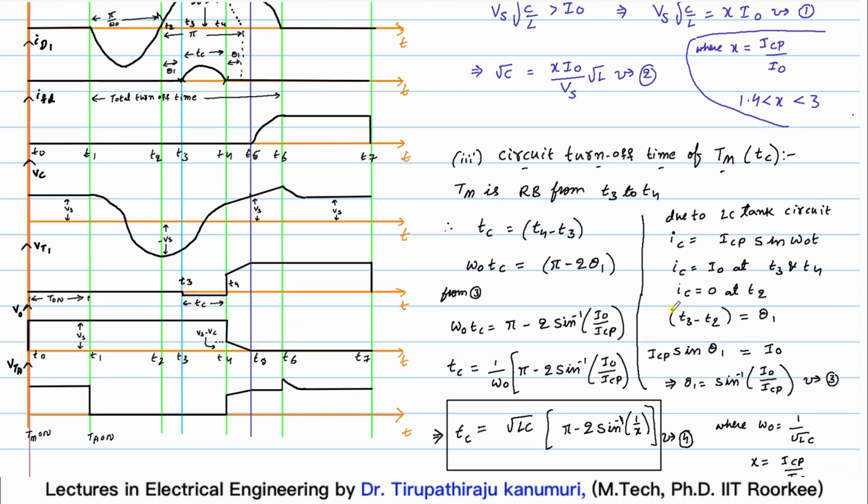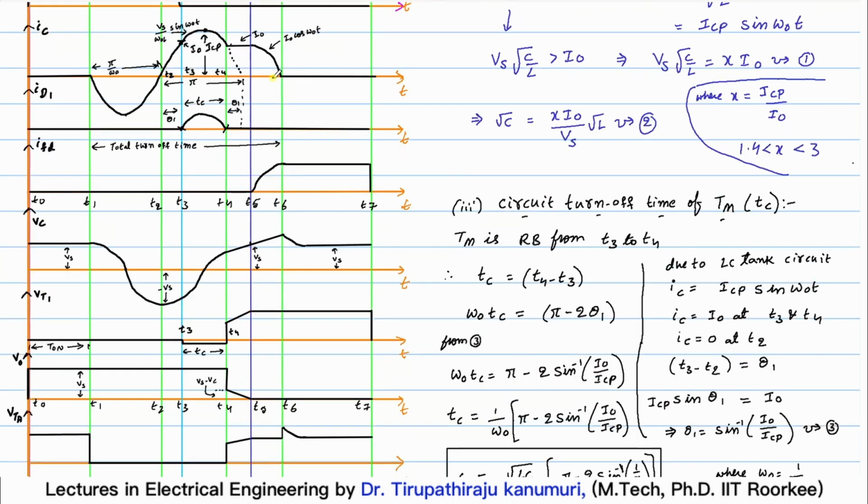Then coming to the circuit turn off time of the main thyristor. So for how much time your main thyristor should be turned off or is turned off. So that you can see here this TC, it is from T3 to T4. When diode is conducting, it is reverse biased. That much duration it will be there. So we know the value of IC, that waveform what is passing, that will be equal to ICP sine omega naught t. So the value of IC is equal to I0 at T3 as well as at T4,